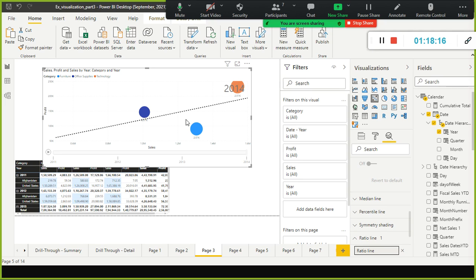It allows us to understand how far the values are deviating from the overall, right? You cannot combine both the average line and the ratio line. It is not a good idea. So we just selected the ratio line to see how far the values are deviating.